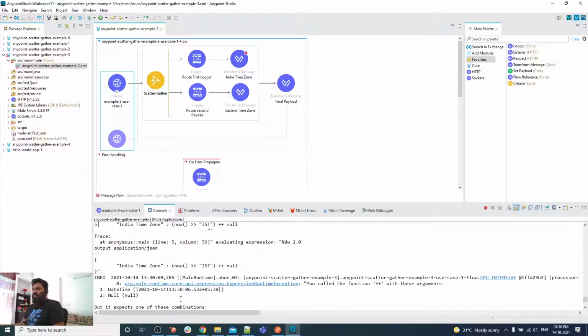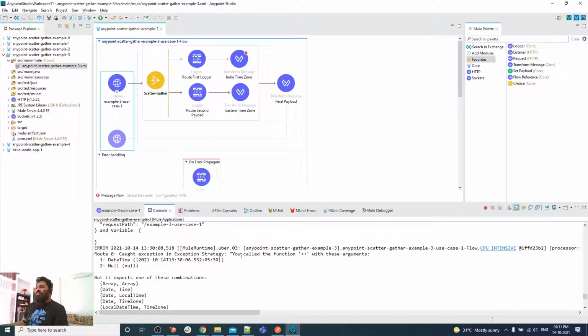As you can see, in the 0th one you got this error. So how do we handle this error? Simply we can wrap our route in a try catch and handle it. If we're getting an error in this particular route, then we decide whether we want to continue or whether we want to propagate. But ultimately when any error comes in this route, you will get a composite error.